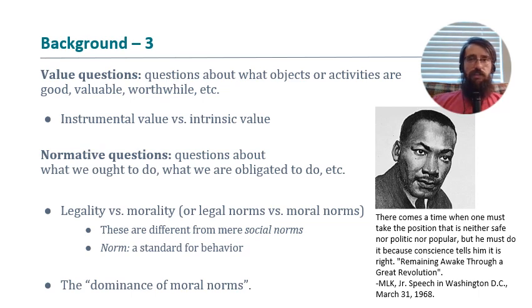So let's say that a social norm is any kind of way in which it's socially acceptable to behave. These clearly vary across cultures and times and places. What counts as socially normal in one part of the world might count as socially abnormal in a different part of the world, or what counts as socially normal at one point in history might count as socially abnormal at a different point in history.